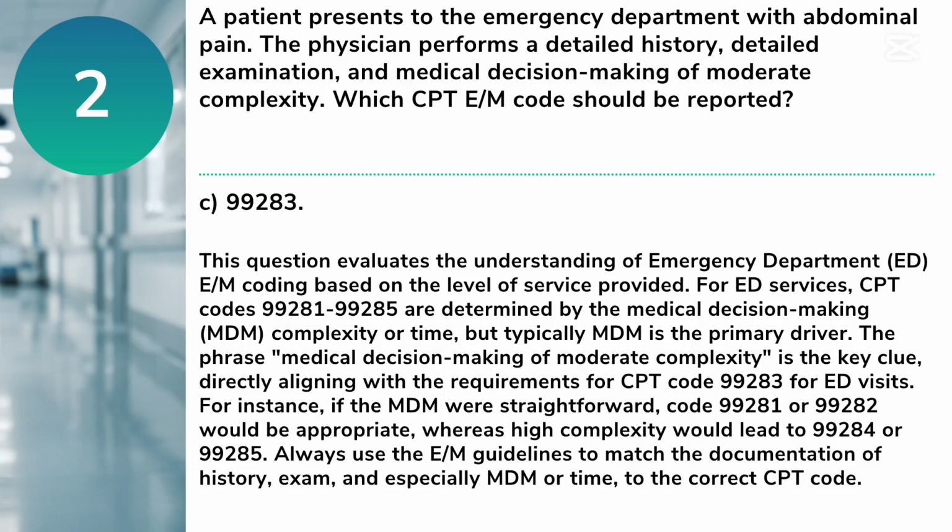Answer: C. 99283. This question evaluates the understanding of emergency department (ED) E/M coding based on the level of service provided. For ED services, CPT codes 99281 to 99285 are determined by the medical decision-making (MDM) complexity or time, but typically MDM is the primary driver. The phrase medical decision-making of moderate complexity is the key clue, directly aligning with the requirements for CPT code 99283